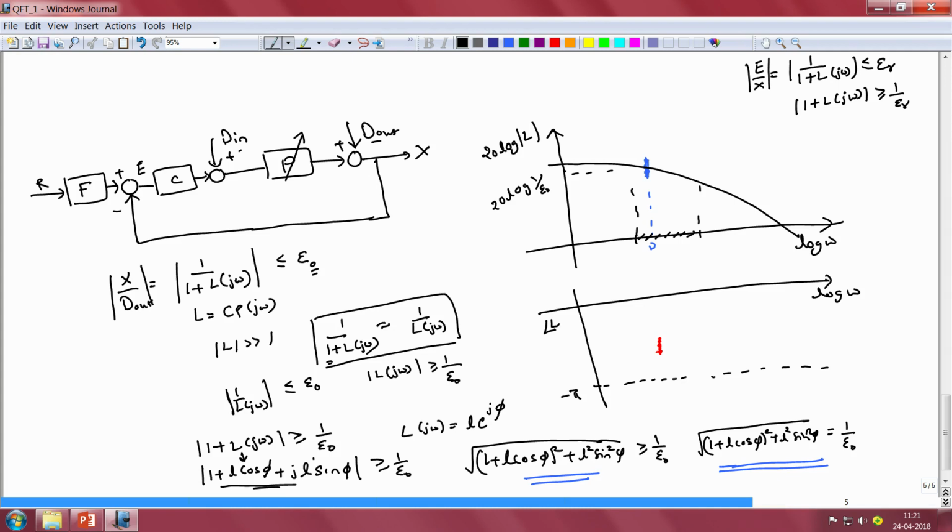Now, suppose we have a plant that is uncertain, then for a certain specific value of gain the curve that I have drawn would be valid. For a higher gain the curve would be higher up, for a lower gain the curve would be lower down. For uncertainty associated with the location of the poles of the plant, we would have a different curve, and for uncertainty associated with zeros of the plant we would have another different curve. So, in essence, we would have a bundle of loop gains with each curve within that bundle corresponding to the loop gain for a certain specific combination of parameters of the uncertain plant.